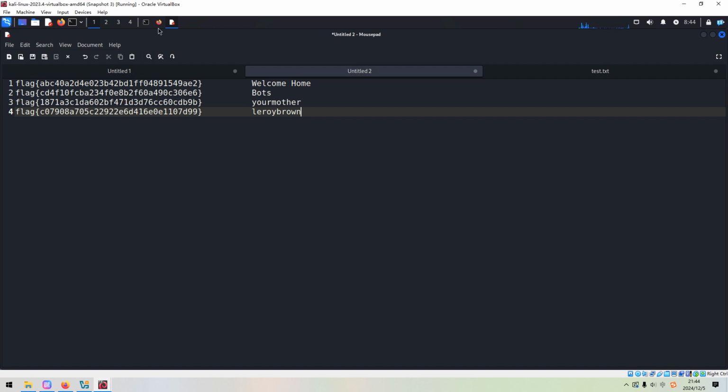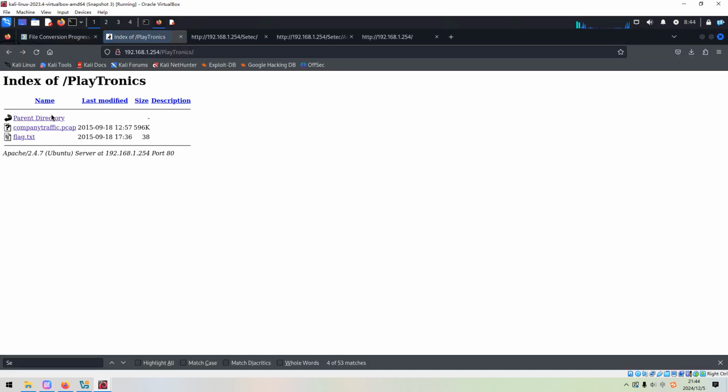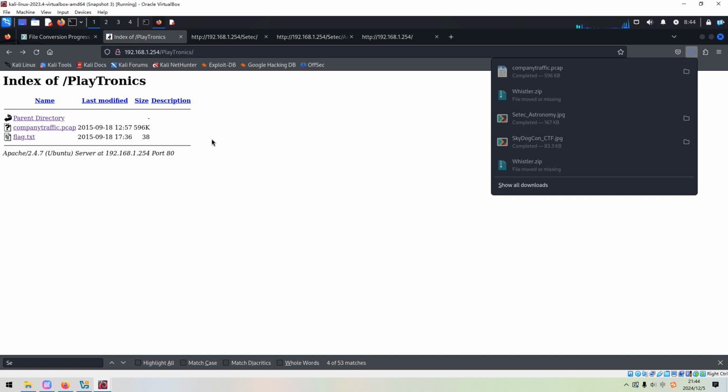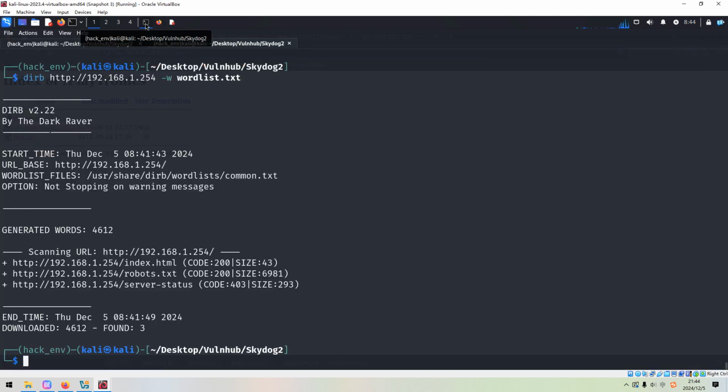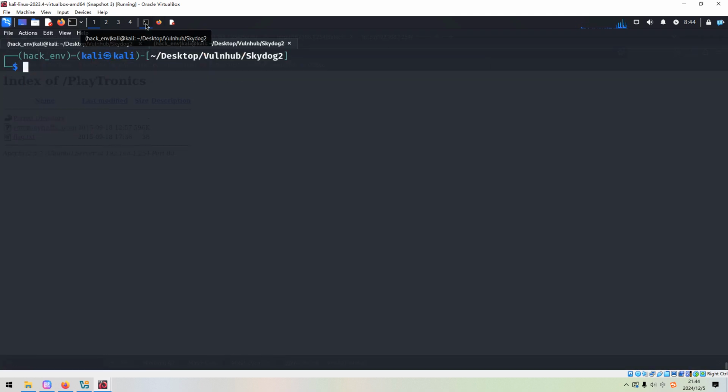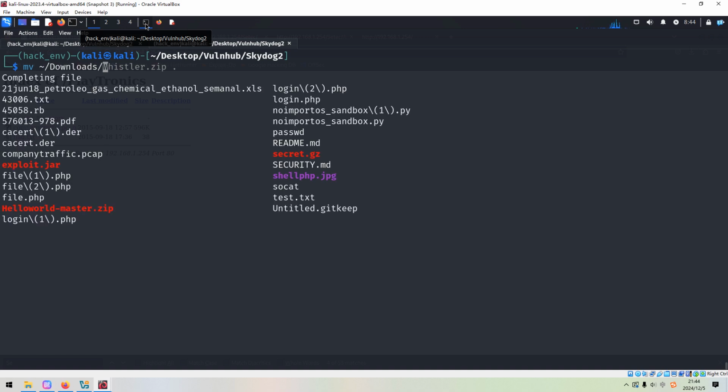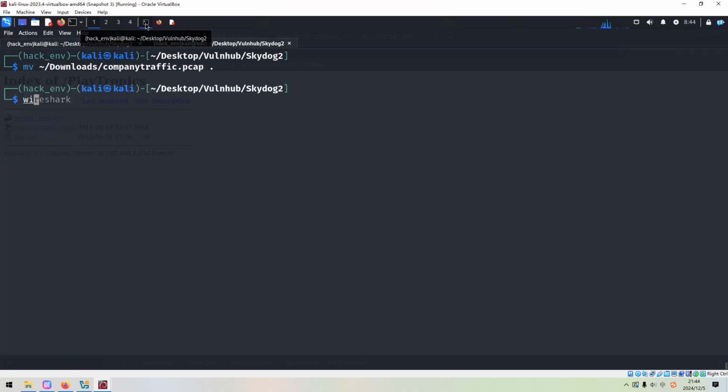And also we can find another pcap file. We can download this file to our Kali Linux. Sorry, we can move it from the downloads directory. This would be the pcap file, company, and then we can use Wireshark to open it up.